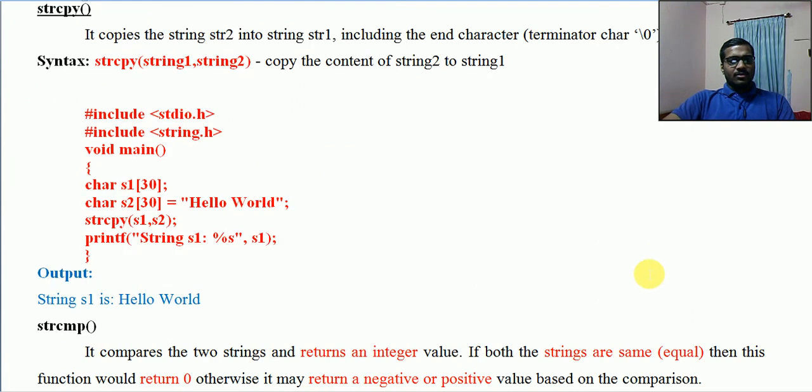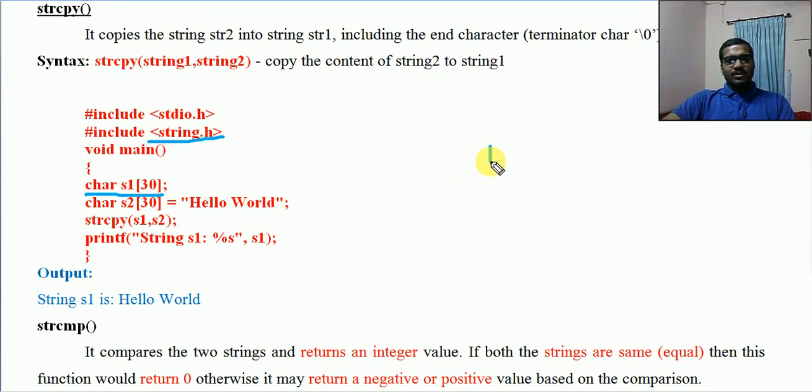Now look at one simple example. In all these examples you can see string.h. In the previous case also we are using string.h. So char s1[30], a declaration without giving any value.